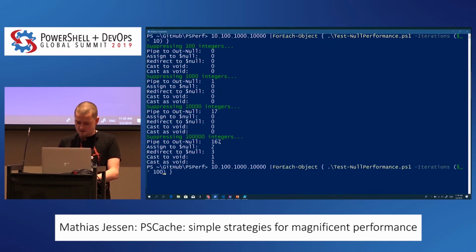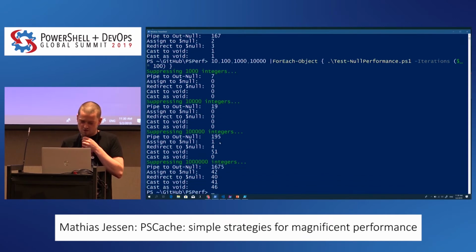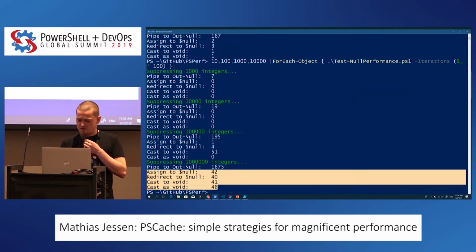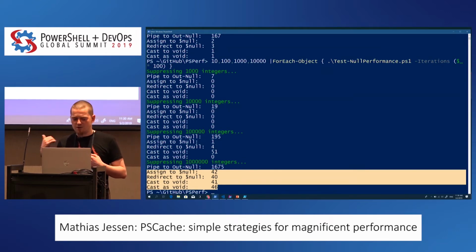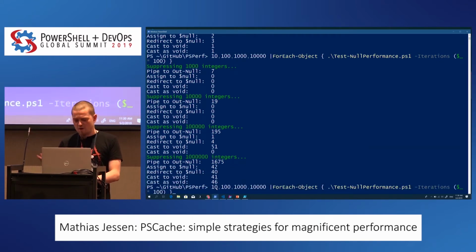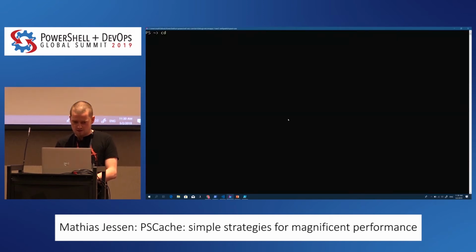Again, if we kind of amp it up once more, now we're actually going to have to wait. And again, we see all the other methods, yeah, they're actually kind of fast. I think if we did this in PowerShell Core, we can try that, we might see some slightly different performance characteristics because as PowerShell gets upgraded, right, we start getting more and more performance improvements into the engine as well. So if I run this here,